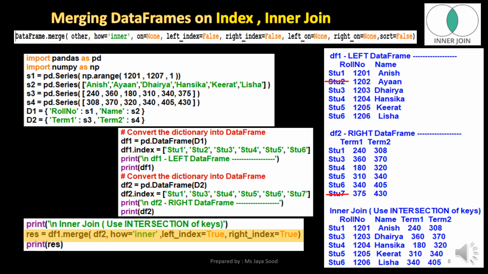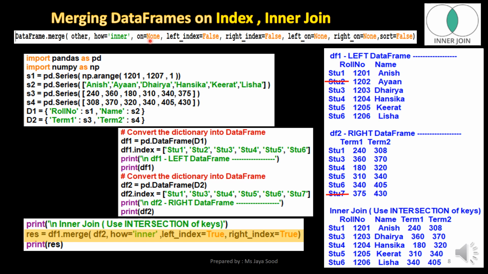Merging data frames. The syntax to use the DataFrame.merge method is as shown here. Other is the name of the data frame which is to be merged. How is by default inner. It can be outer, left and right also. On is the common column on which the data frames are merged.